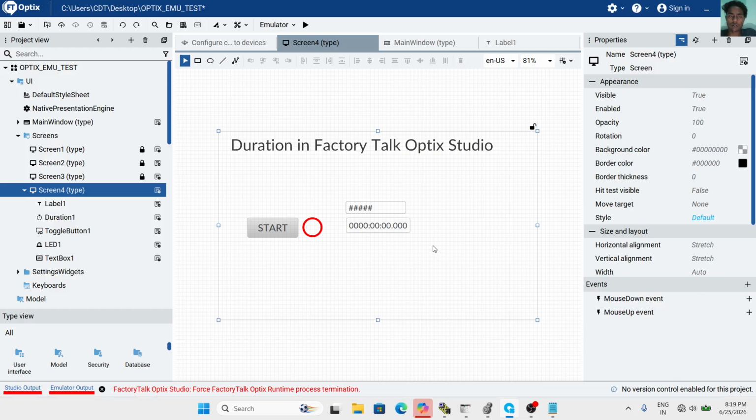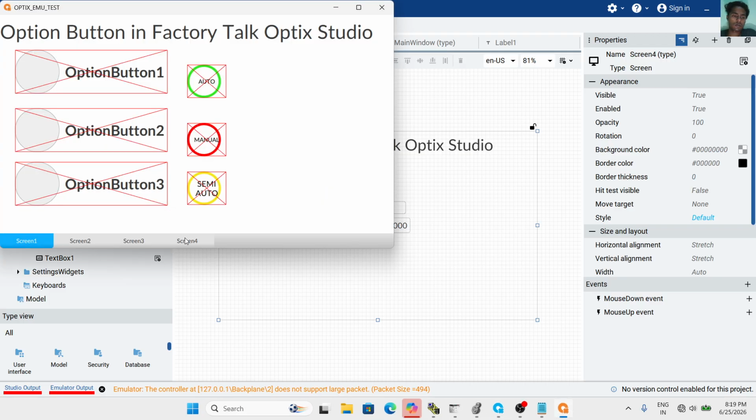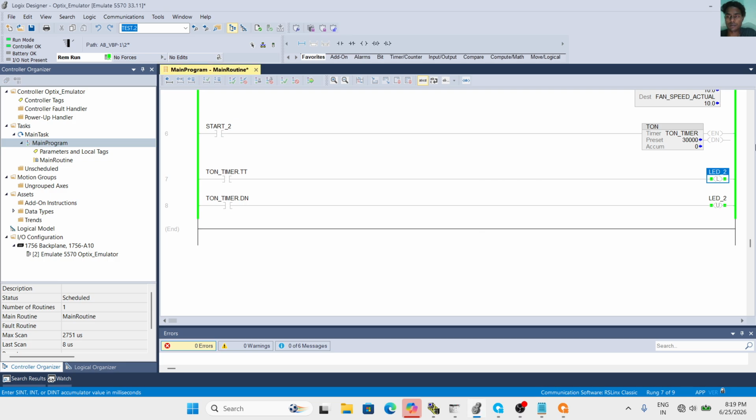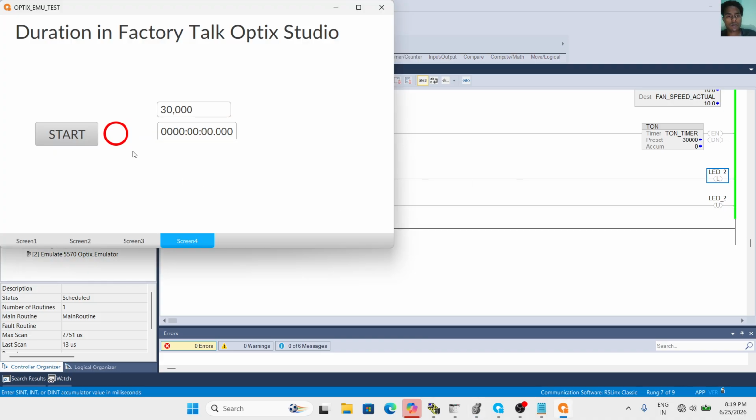Now I emulate this screen again. Go to Screen 4 and open the logic. When I press the start button, the timer will start.